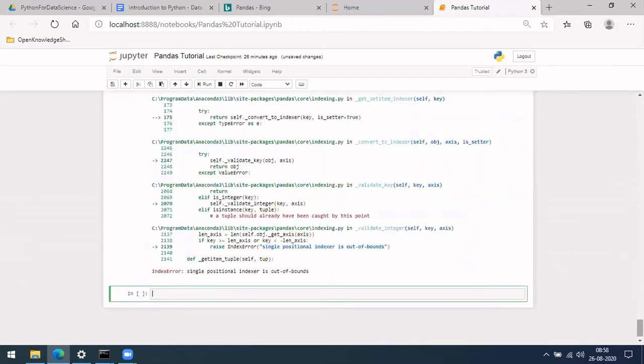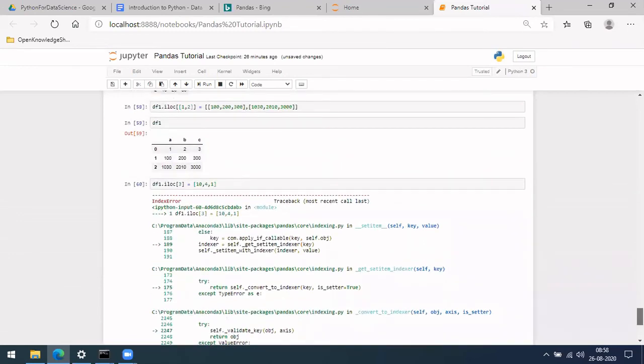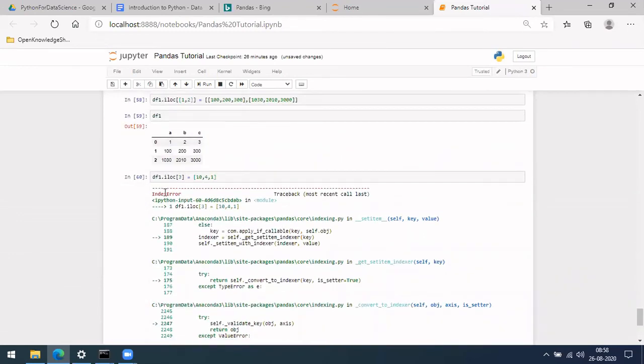No, it gave an error. See, it gave an index error, because there is no 3 here, and we tried to push this data to a third row, which was not existing here.